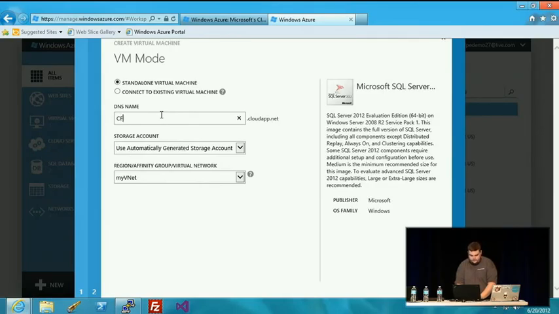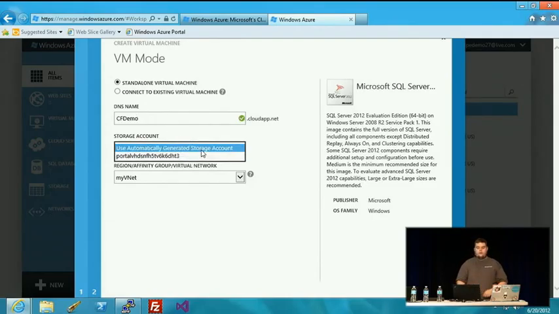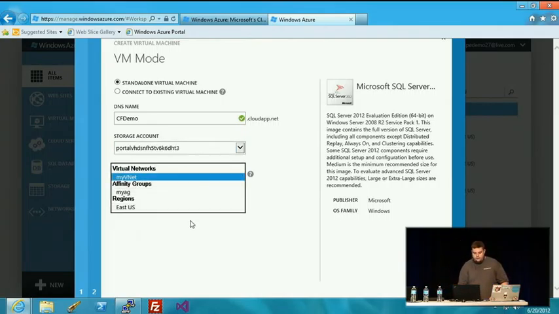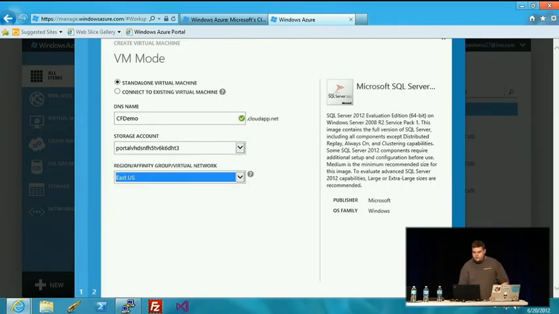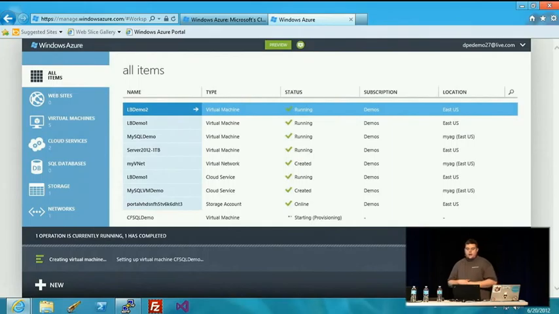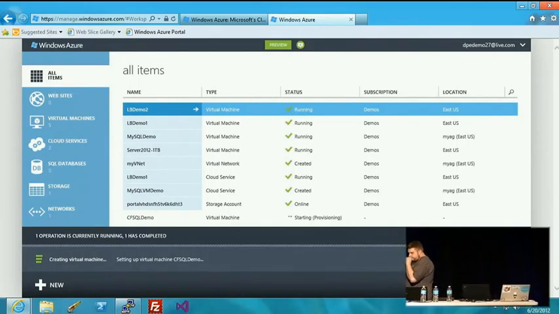It was CF demo. We can provision that to an already created storage account or create a new one. And then we can just select the region that we want as well. So we'll say East US. Availability sets we'll get into a little bit later on, so we'll just pass right over that. And basically this is going to go out and it's going to stand up that image sitting in the background